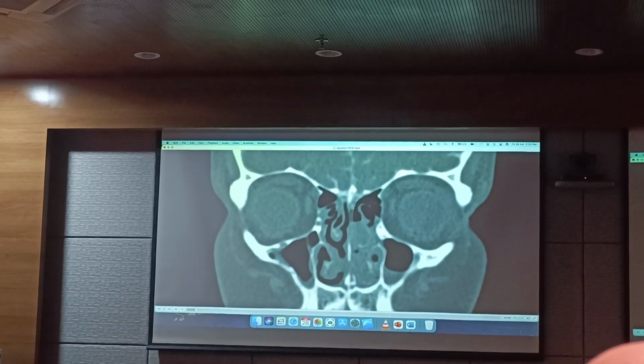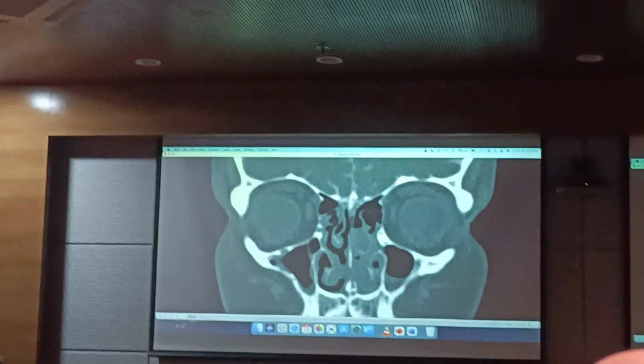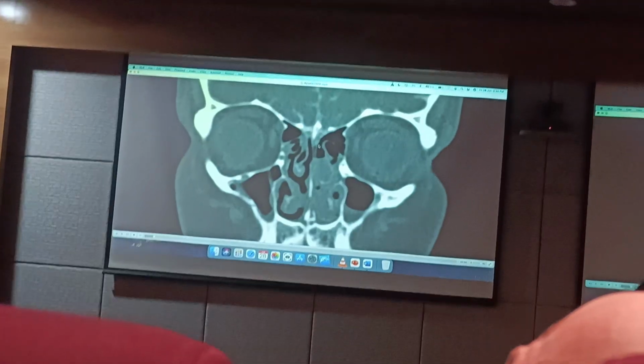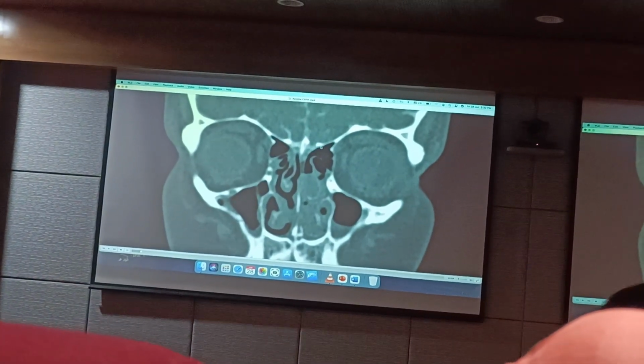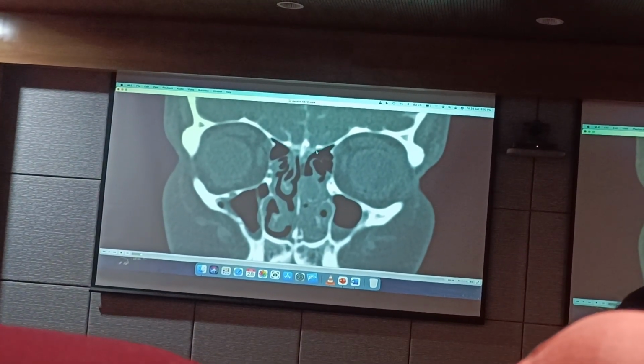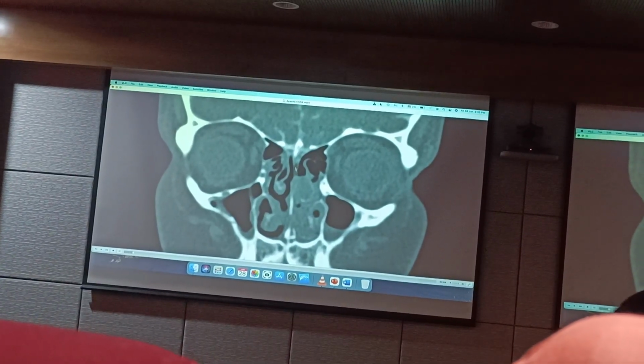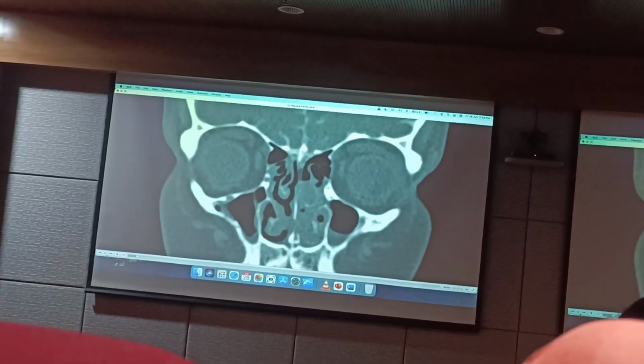Can you see this dot over here? That's the dye that is coming into the nose. So this is the medial lamella of the cribriform plate. This is the lateral lamella, and this is the fovea. So nothing is coming in from here. All that is happening is between the middle turbinate and the septum, and this is a medial lamella leak.